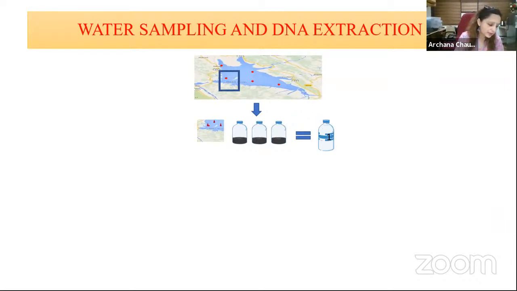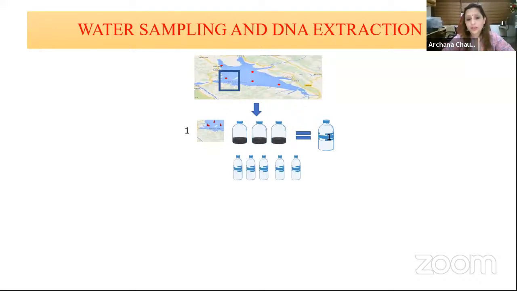If I talk about Gobind Sagar reservoir, I gave you an idea of the width of the Gobind Sagar reservoir. So what we did was divide this sampling site into different sub-sampling sites or sampling locations. And then from each of the sampling sites, the samples were collected in triplicates, and the samples collected in triplicates were pooled into one. And then